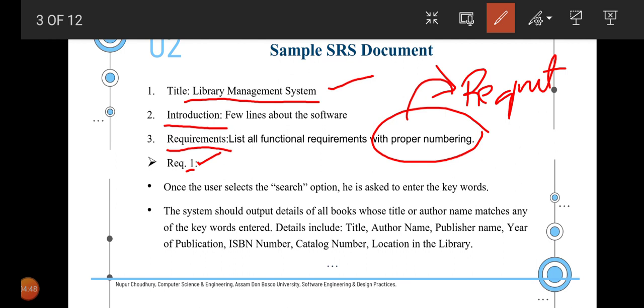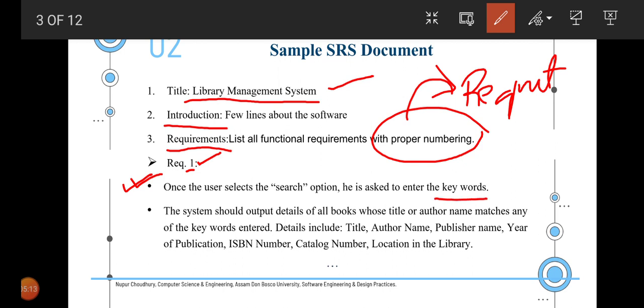When you look at this first point, the fact is that we have to press the search button, and when we click on the search option, we will be asked to enter the keywords.